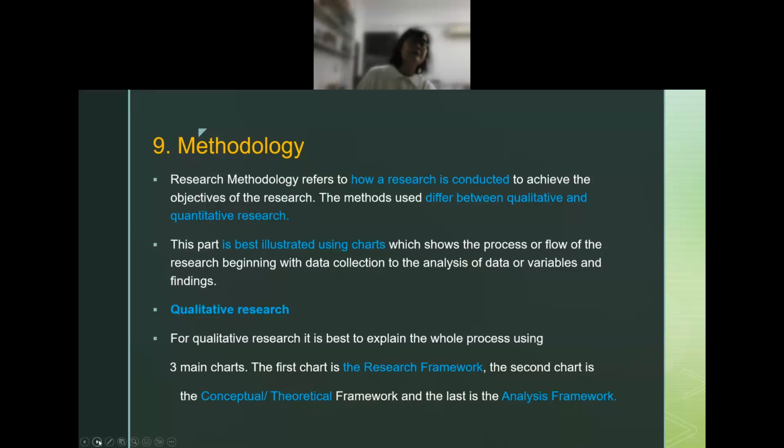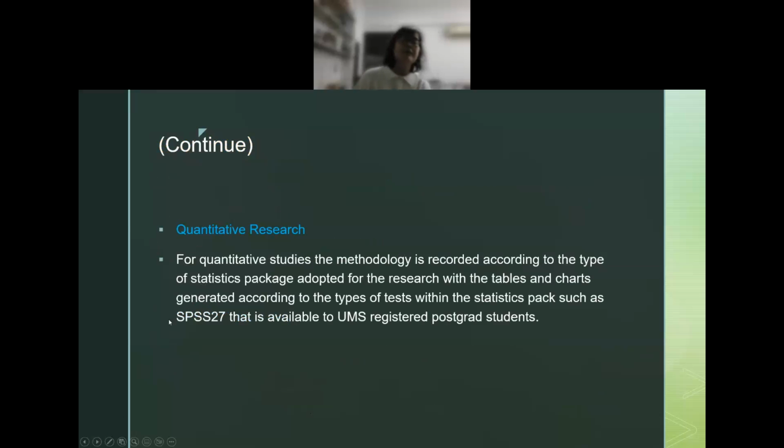Next, after methodology, you have the quanti one. Those doing quantitative studies, you have the record. You have a statistics package. You have to tell us what questionnaire you use. You sometimes can adopt or adapt from somebody who has already got a set of questionnaire and has done something like yours, but not exactly like your research. You have to change it according to the culture, background, sometimes the situation you are in, okay?